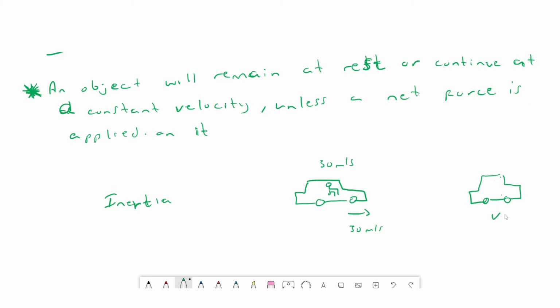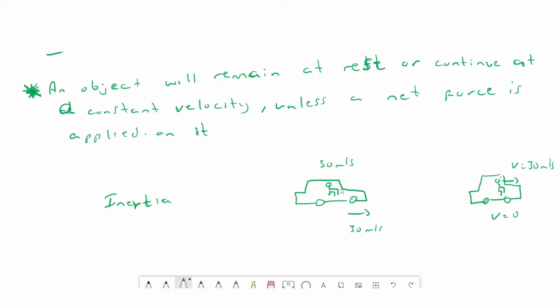So even if the car has stopped, but the person inside the car continues to move, v is equal to 30 meters per second. So that is why when you are in a car and the car is stopping, you go forward. It's because before the car stopped, you were moving with the car, right? If someone outside the car looking at you was going to see you moving at the same speed that the car is moving at. Okay,